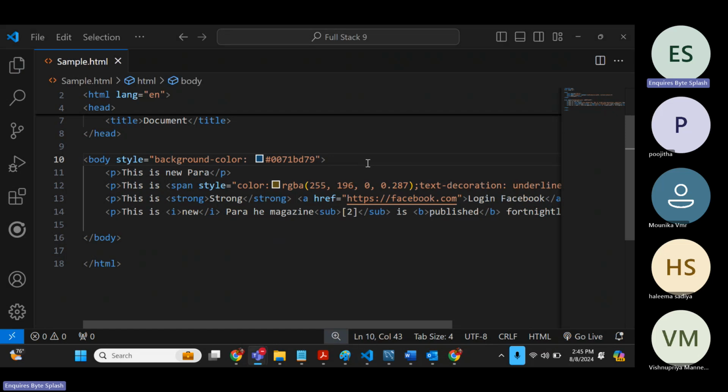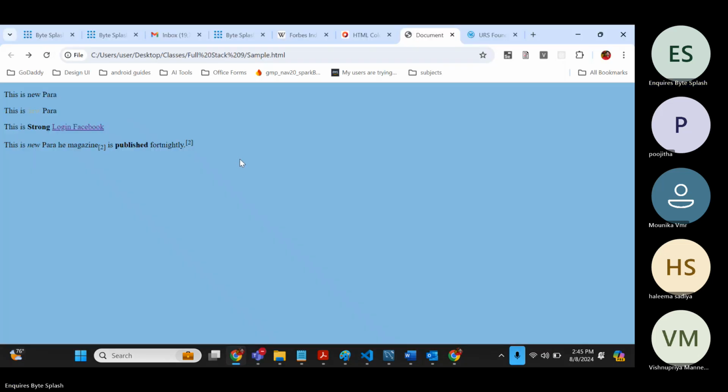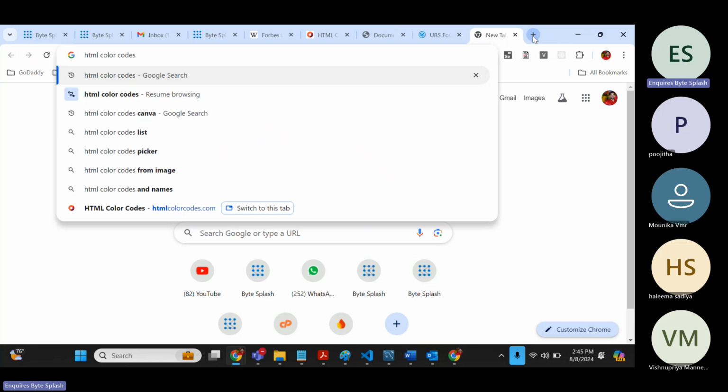So this is how color coding works. This is how we need to apply the colors. Since I already demonstrated, in the material I just mentioned this website and that screenshot so that you can practice the same. If you are building a website or building a logo, you want a decent color. So basically you can go to HTML color codes and find the first one. Otherwise, you can go to Canva